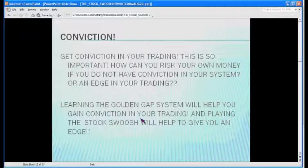I started using this word conviction talking to my friends about trading once I started making my own system, because every day I get up and I started having more